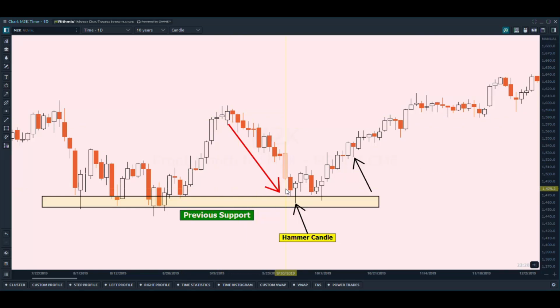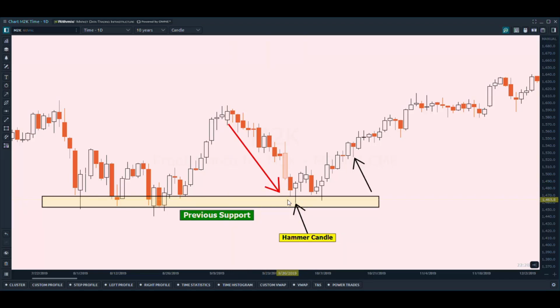Two, you really want to see this hammer candle bouncing off some type of support, whether that's horizontal support, whether that's a VWAP, whether that is a diagonal trend zone. You really don't want to just look at a hammer candle and just assume that because it's anywhere on the chart that it's definitely going to be a bullish candle. And even if you do have a hammer at a previous support zone, doesn't mean that it's always going to